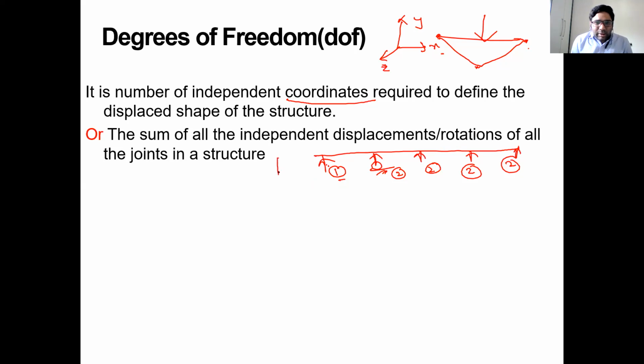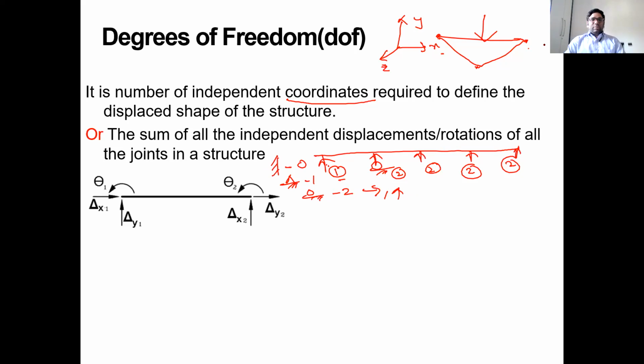So what does that mean? A fixed support will displace 0 times, pinned support 1 time, roller support 2 movements. When you say 2, one is horizontal and one is vertical. But here comes the challenging part. If it is extensible, all of you listen carefully. If it is extensible, then you take horizontal. If it is inextensible, then don't take horizontal. I will show that to you.